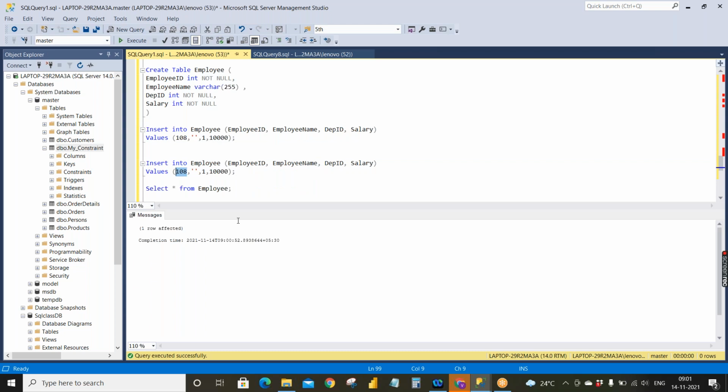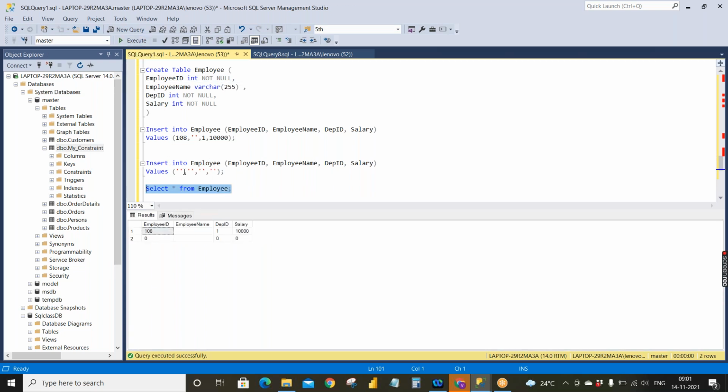I'll be giving some empty values. Even this also executed. But what is the specification of not null for me? Let's go and retrieve the data from the employee table. See, wherever you gave empty values, it's taking them as an empty value for the